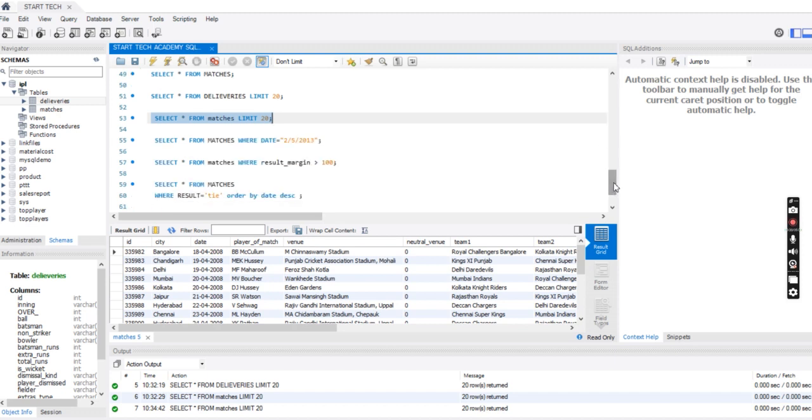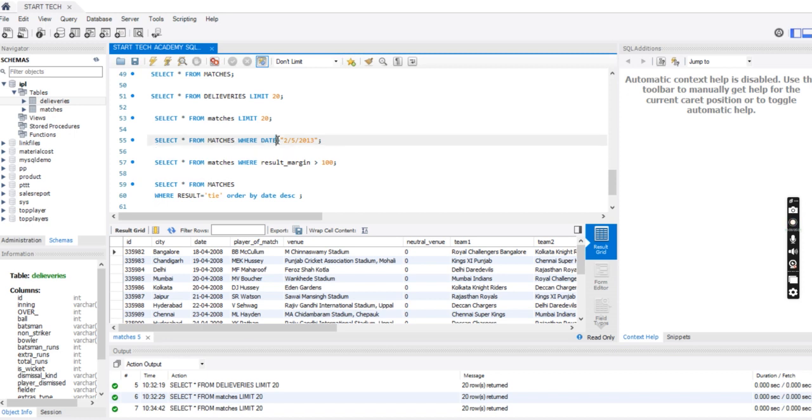So the next query that I have to write is about fetching data of all the matches played on 22nd of May 2013. Now in this I particularly have to fetch the matches which are played on 22nd of May of 2013. So we are given a date, a particular date for which we have to fetch the details of matches. In this case we are going to use the where command. Where command is basically used when we have to find a particular data from the data set. So in this we have used the where command.